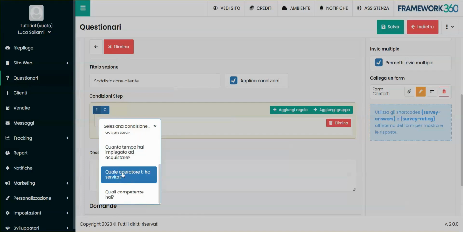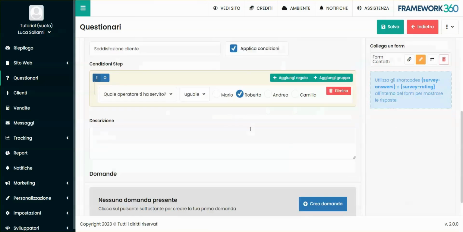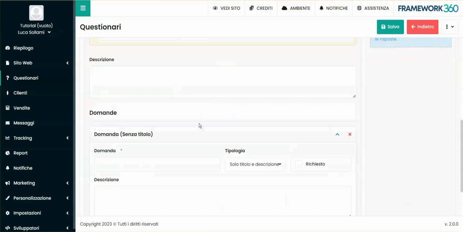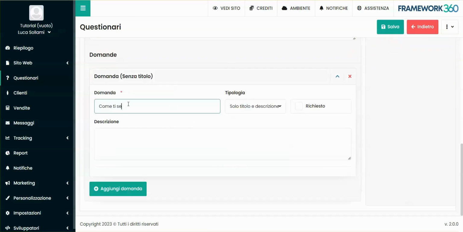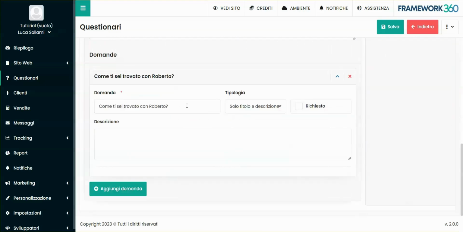responses. In this case, for example, we could set it so that this step opens only if in the previous step, to the question of which operator served you, the answer was, for example, Roberto. So, if the answer was that the operator was Roberto, this second step called satisfaction will open. The customer will say, for example, how was your experience with Roberto? In this case, we know, because we have set the condition, that this step appears only if Roberto served